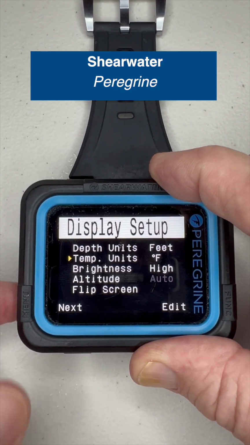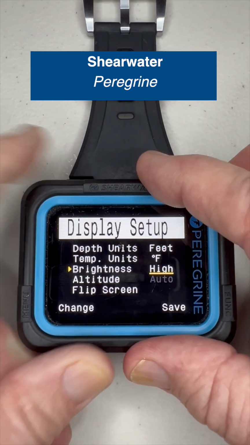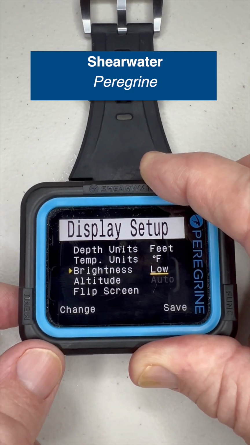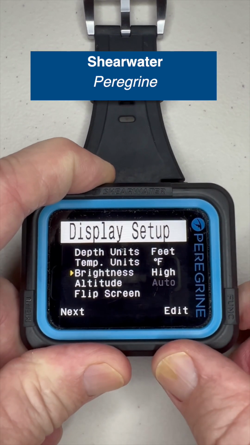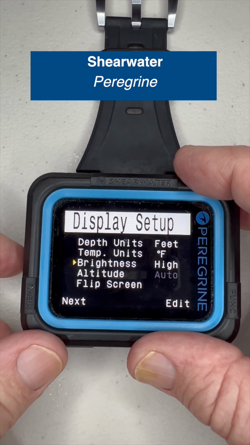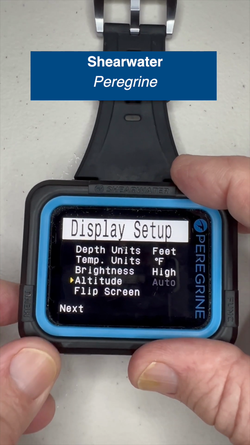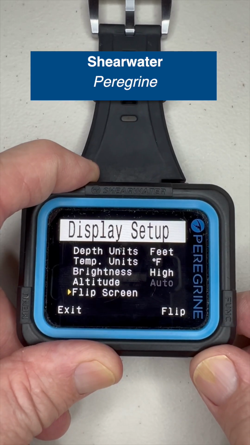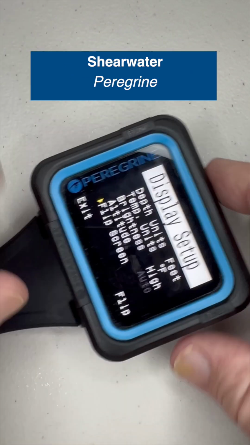Go to the next. We could change that there. And if we change, it goes high, auto, cave, low, medium, high. And we're going to save that again. So there's multiple places for that. Let's see, altitude, we're going to leave that as auto, it seems to be auto done with this computer. And flip screen, we'll actually flip the screen. So if we flip it, it's now upside down. If we turn it around,